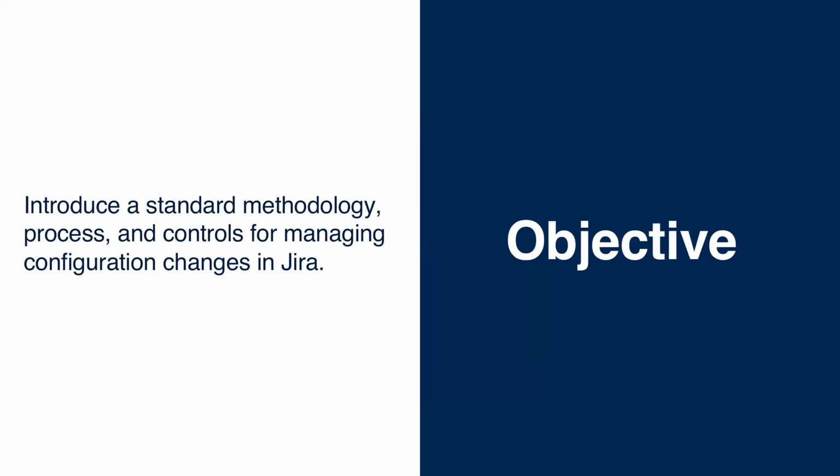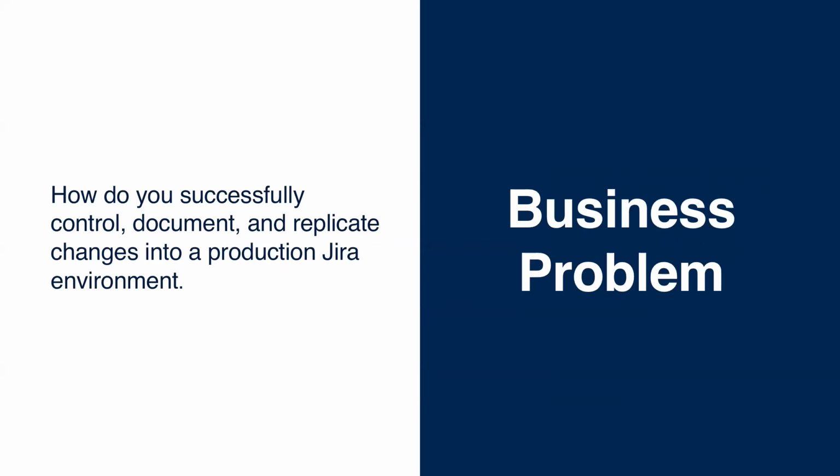So one of the objectives of this presentation is to introduce a standard methodology, a process, and controls for managing your changes within JIRA. So what does that mean? We're going to show what the business problem is. From a business perspective, how do we successfully control, document, and replicate our changes in between multiple